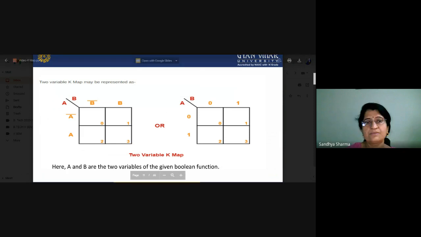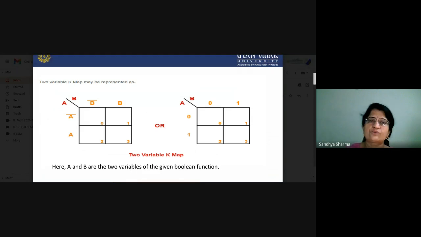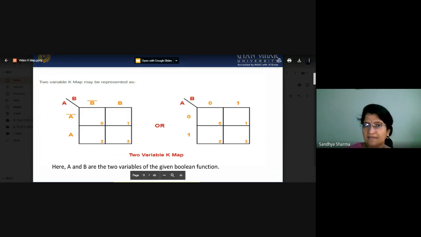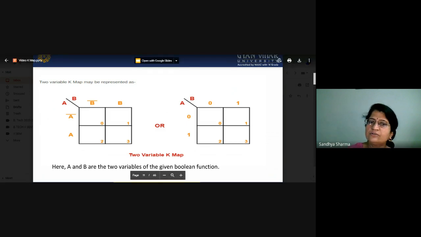So what will happen, you have two options. If we take the one variable a, we have two options, either it will be 0 or it will be 1. If we have a variable b, we again have two options, so we can write it as 0 and 1, 0 and 1. If you want to write this in terms of alphabets, you can write it as a b complement and b, a complement and a, because 0 is written as a complement. So you can also write your two variables in this way. Are you comfortable with this one?